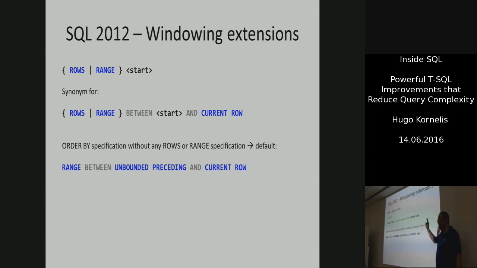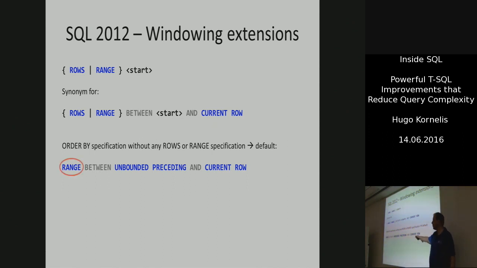Okay, with that off my chest, there's one other thing. You can also exclude the rows or range specification completely. You can just say partition by something, order by something, done. And order by something means there is a window. And then you don't have a rows or range specification. So how is that window defined? Well, that's where the default comes in. Range between unbounded preceding and current row, which is in most cases just a running total,